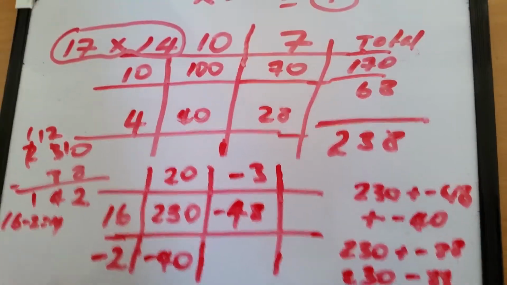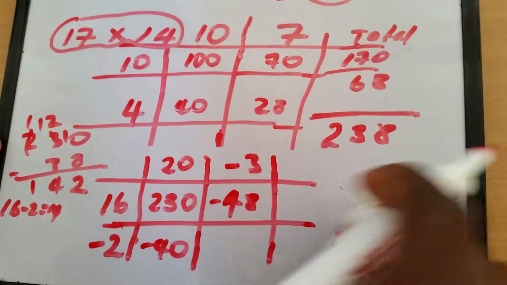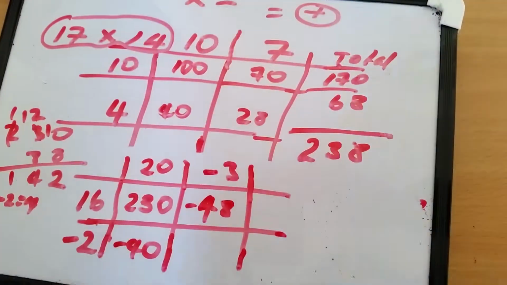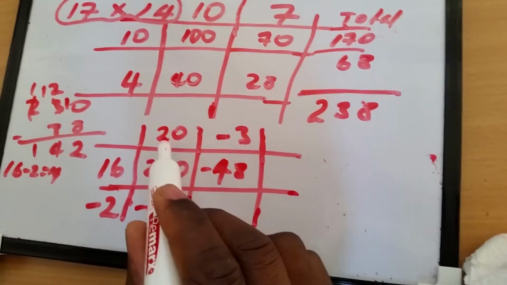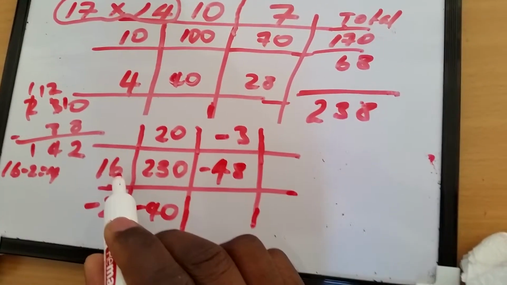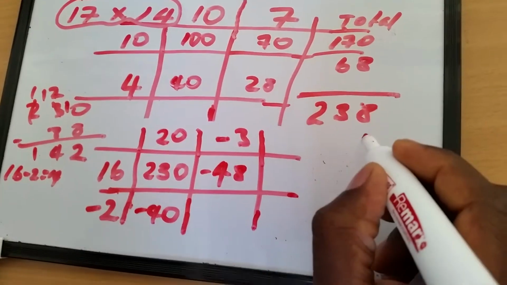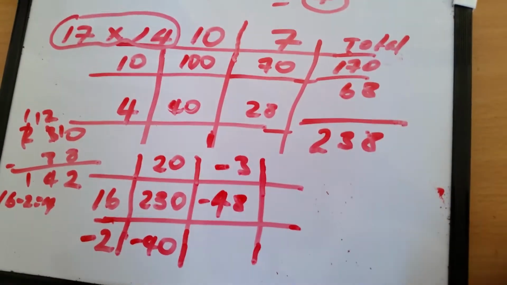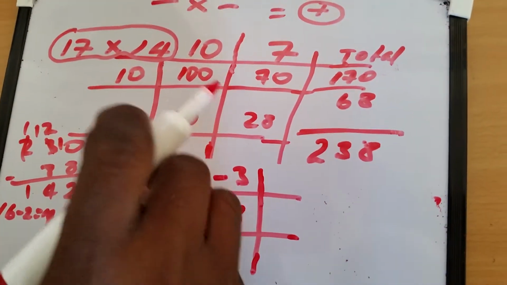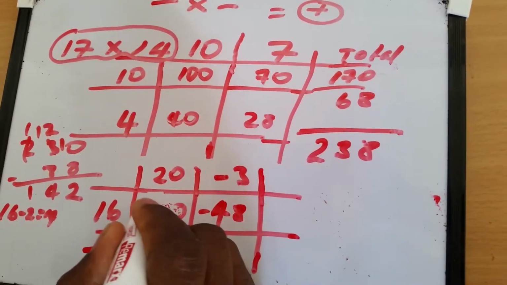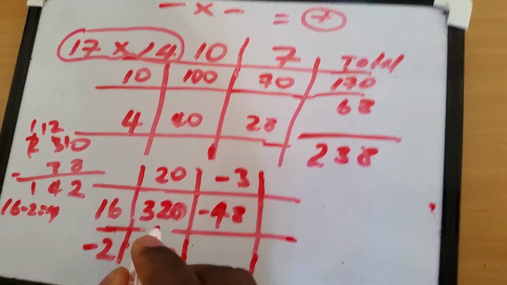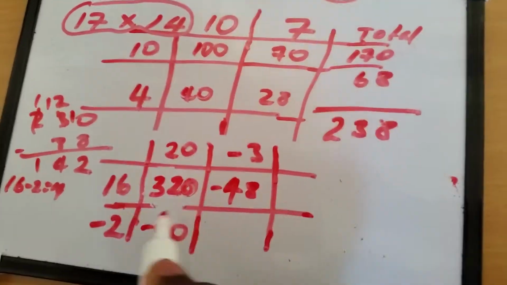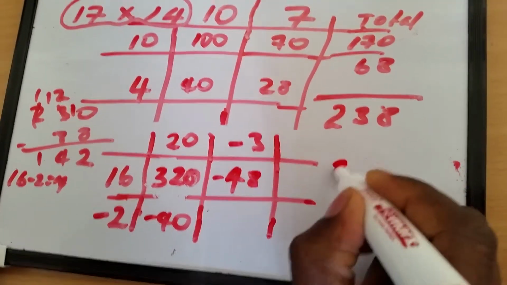Let's just go back over here. Let's see if we got that right here. So let's just do this again. 2 sixes are 12. I'll just check my 2 sixes here. So that looks right. Now, oh yeah, this is where the error is. So this is 320, sorry. So here's my error. So this is 320 here. Okay, so that's 320. So now we have 320